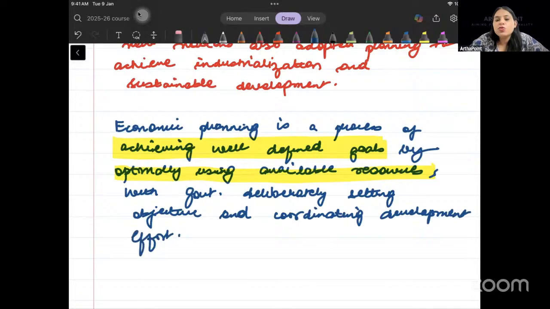So what will government do? Government will go ahead and will set the objective. Government will tell what the objective is, and will ensure that enough development efforts are taken in that direction. Is it clear? Okay. So this